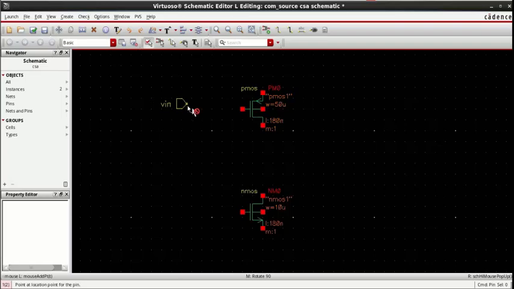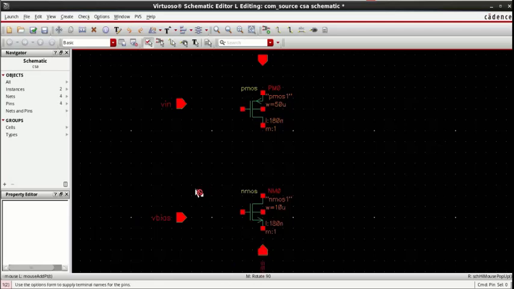First Vin, the next is Vbias, then VDD. We press R to rotate. I have explained all this in the inverter video. Then VSS, again R to rotate here.